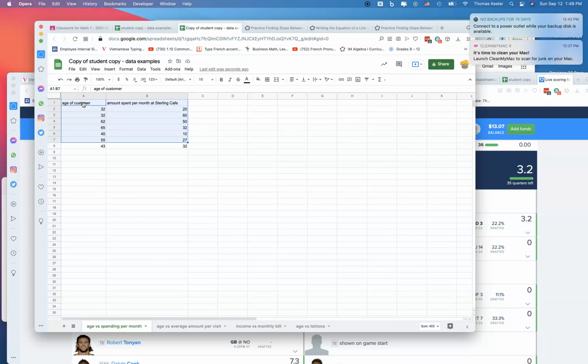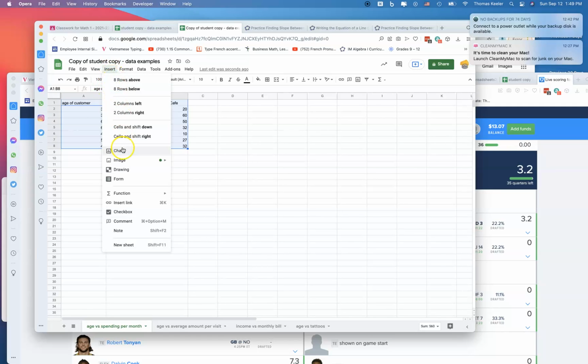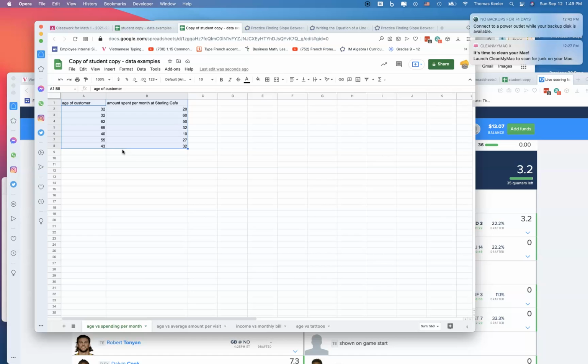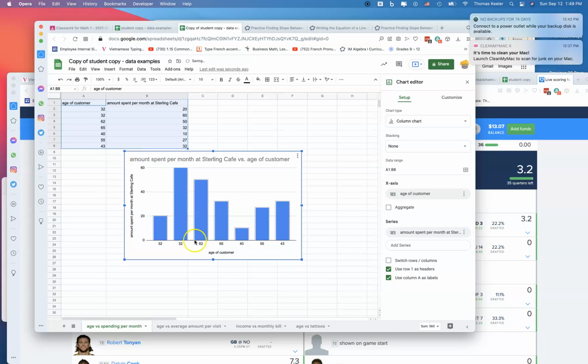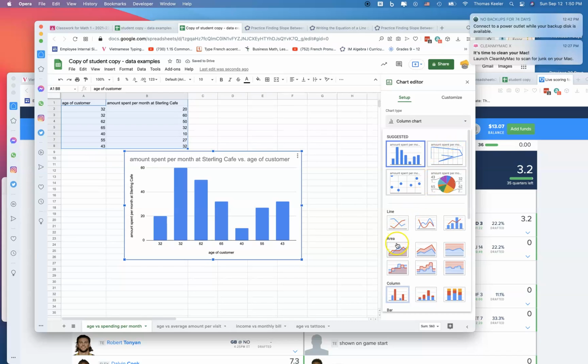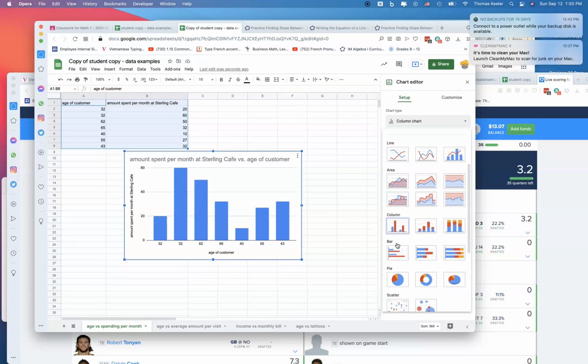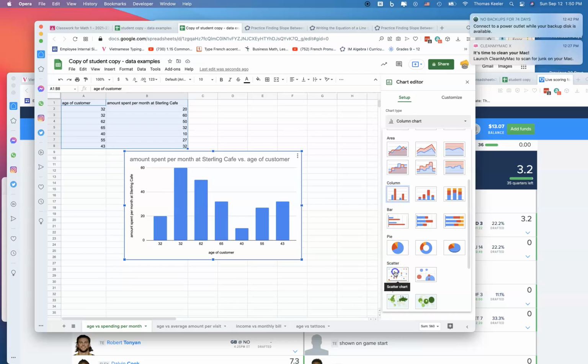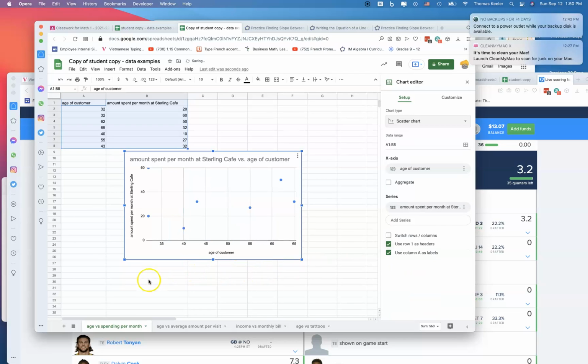So we highlight our data, and you want to insert a chart. So your job is to go in and insert a chart. And so we look at it, and in order to see the relationship best, we go down to scatter plots. We go down in here to scatter plot. Okay. And when we look at it, does it look like there's